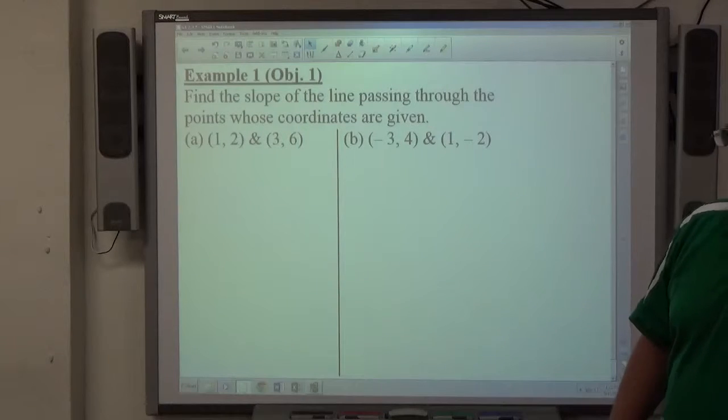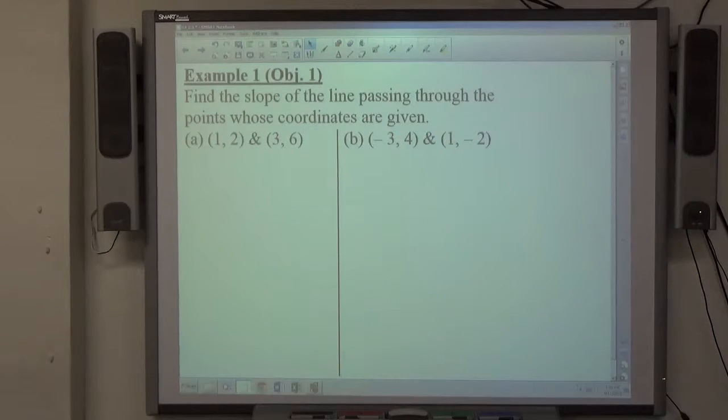Historically good days. Example 1. Find the slope of the line passing through the points whose coordinates are given. Slope between 2 points. And it was brought to my attention by my 5th period that there is a problem